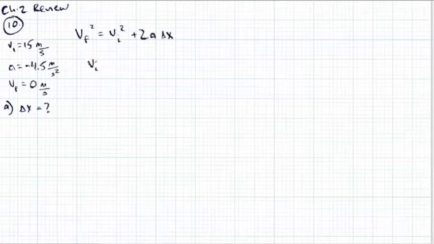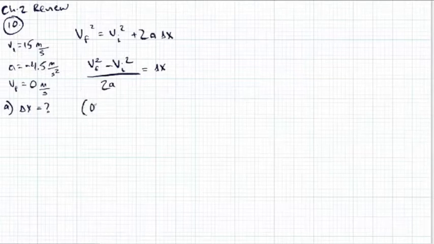I'm going to solve for x, so I'm going to move the VI squared over to the left-hand side, so it'll be VF squared minus VI squared. And then I'm going to divide both sides by 2a, 2 times the acceleration, and that will solve for our change in our displacement. So that equals,